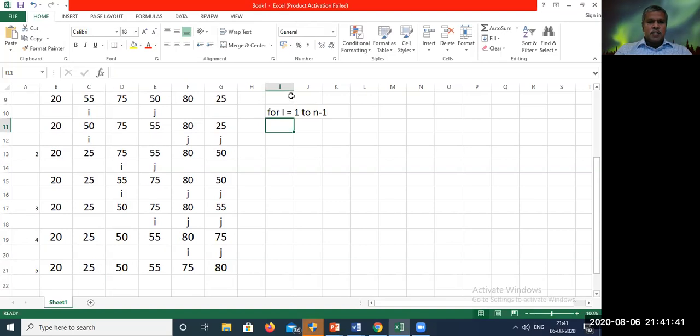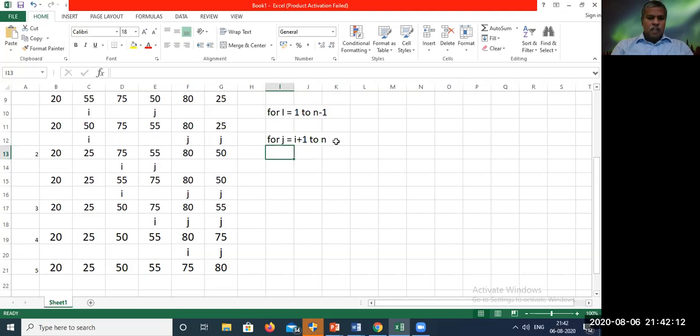N is 6, so n minus 1 is 5. Then the j loop has to start from i plus 1 to the end element. These are the things you have to remember. i has to start from 1 to n minus 1, j has to start from i plus 1 to n.